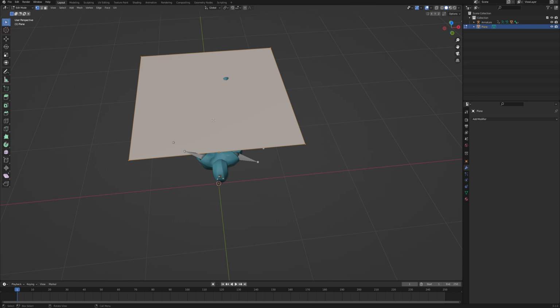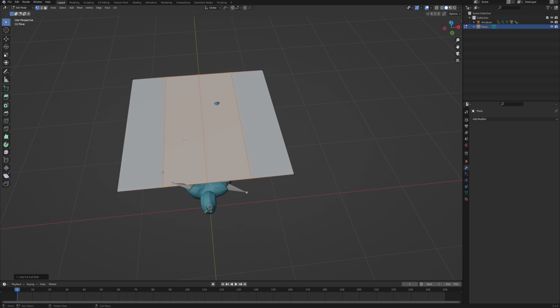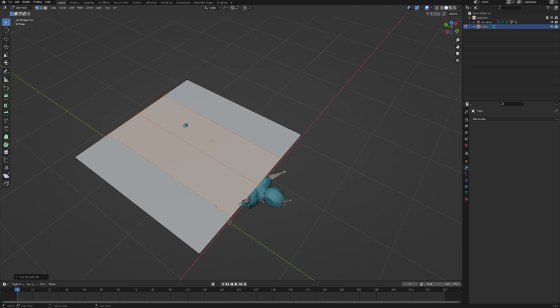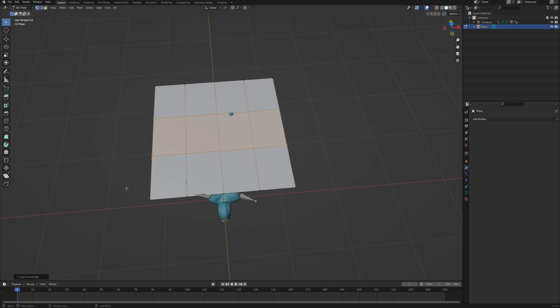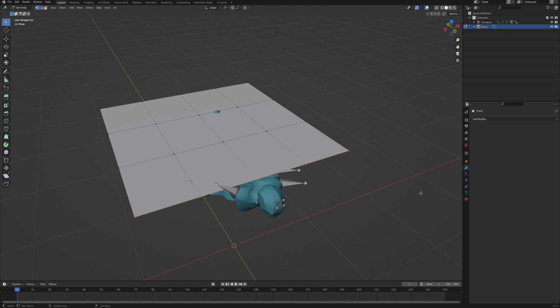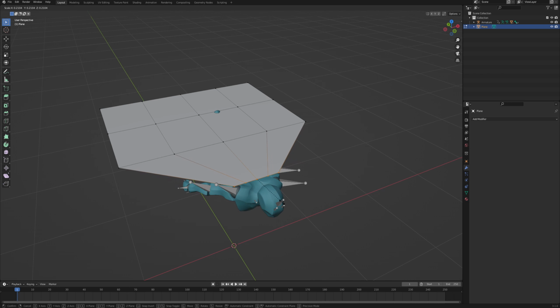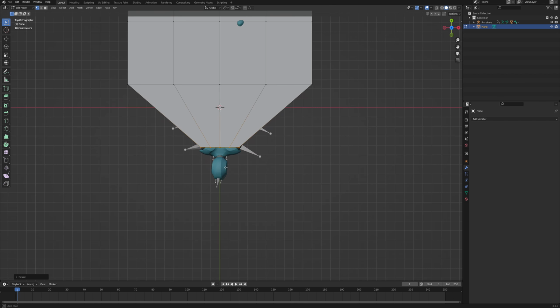Now again in edit mode, let's add some subdivisions so that we can have some control of the shape of the cape. 3 is more than enough, you should not need more. But if you do, go crazy with it. Just remember, the more vertices, the more geometry you have, the more tedious and harder it's going to be to control later. And also maybe 2 subdivisions on the horizontal side as well. And now let's choose all the vertices that are here by the shoulders and scale them down so that they don't really exceed our character's shoulders.